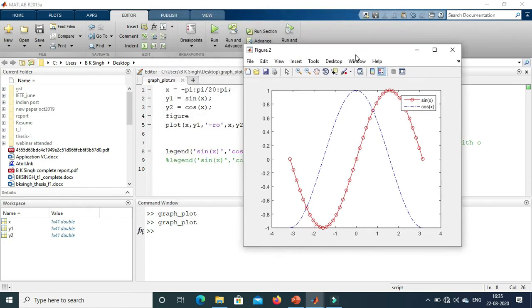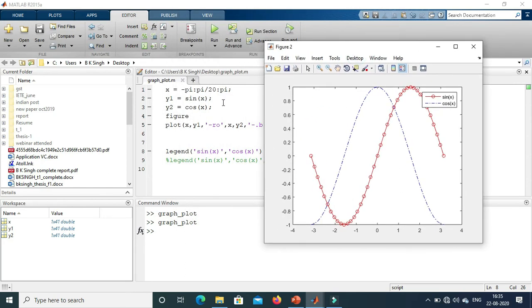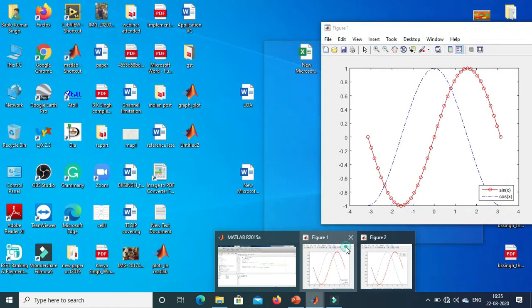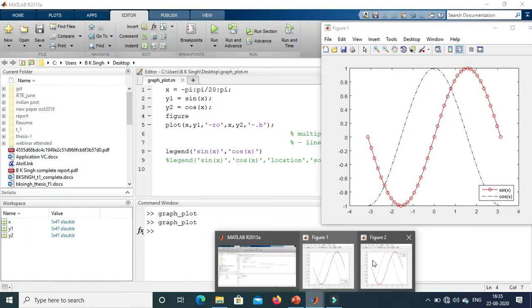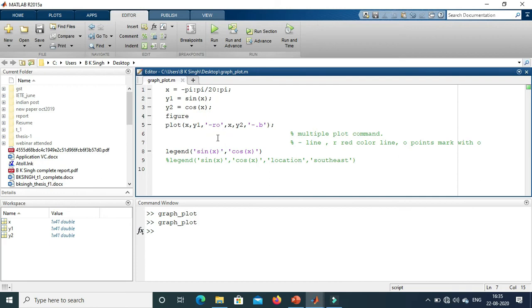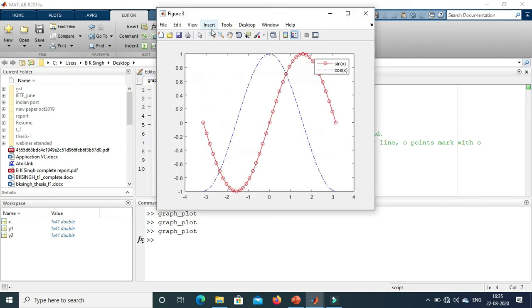Here I just wanted to explain one thing, figure 1 and figure 2. We can see here there is figure 1 and this is figure 2. It means whenever I run the MATLAB command, it will pop up into a separate window. So if I run it again, it will pop up another window marking figure 3.